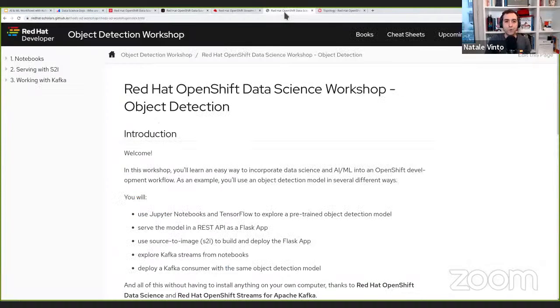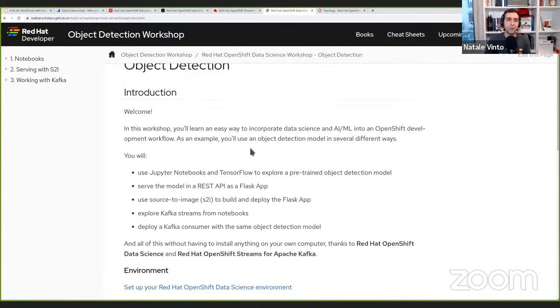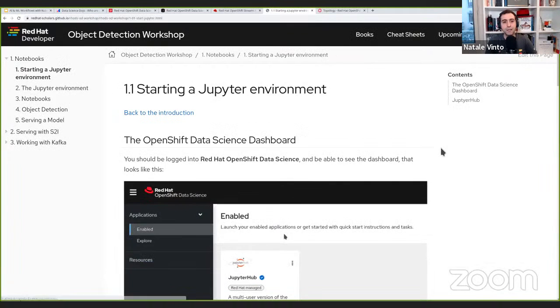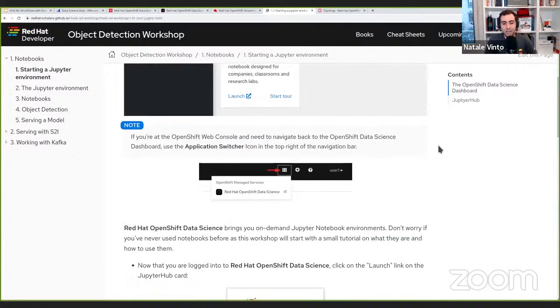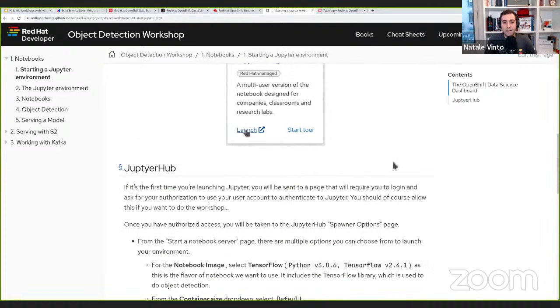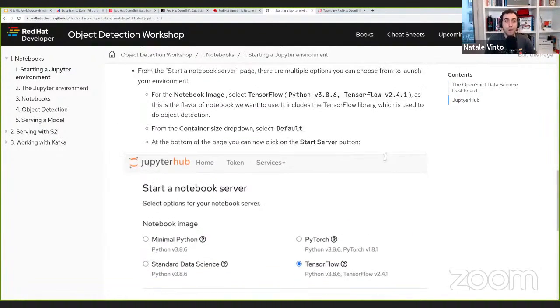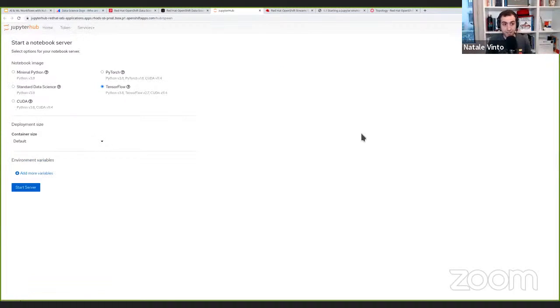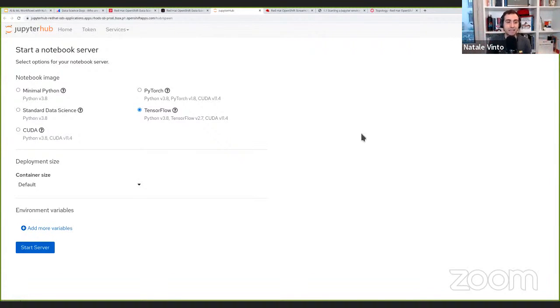And I would like you to follow along with the instructions. So if you go here, this is step by step what you have to do, and we will do this together. The first thing is to get an account on OpenShift Data Science, and then start launching our JupyterHub. If we follow along with that and come back here, we just launched the application, and as you will see, this will launch a kind of wizard where we can select the kind of notebook image that we need: minimal Python, PyTorch, CUDA. We will use TensorFlow, and we will leave the default